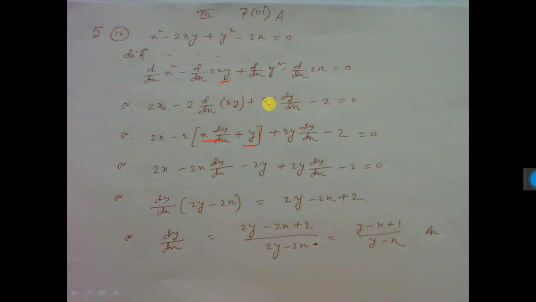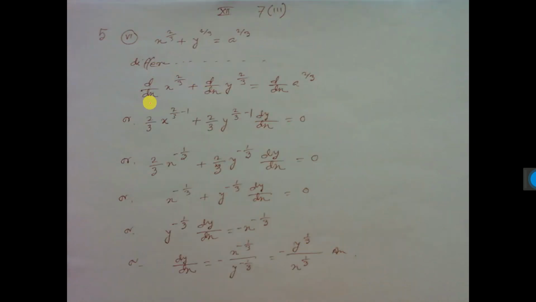Then d/dx of y square, that is 2y dy/dx. Y I consider x, that's why dy/dx again. And 2 into d/dx of x is 1. Now see, after multiplying the dy/dx here, from these two I took dy/dx common. So here 2y left and here 2x left, and other two terms I send in the right side, this term also I send in the right side. Now this side into, going that side it will be divide. So this is the answer. After taking 2 common, this is the answer.